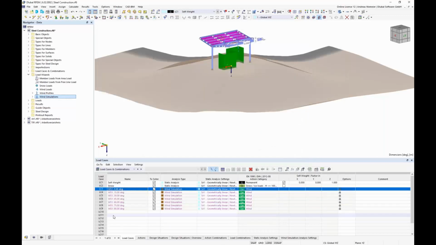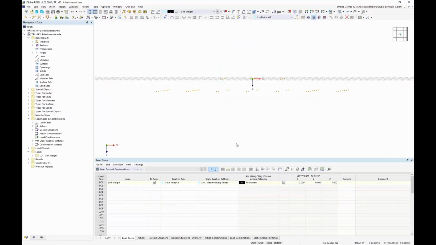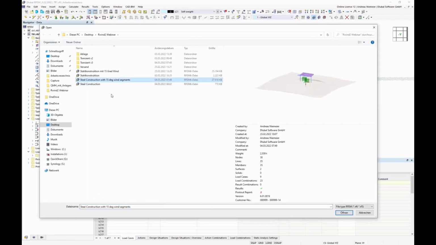If we confirm this setting, we have all these load cases here. They are blocked and are based on this wind simulation setting. Now we can start calculation. I don't want to wait with you for this solution, therefore I prepared this data in an already calculated file. So open this model here, steel construction with 15-degree segments,